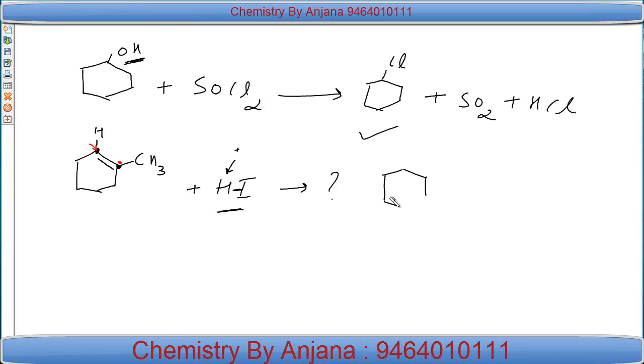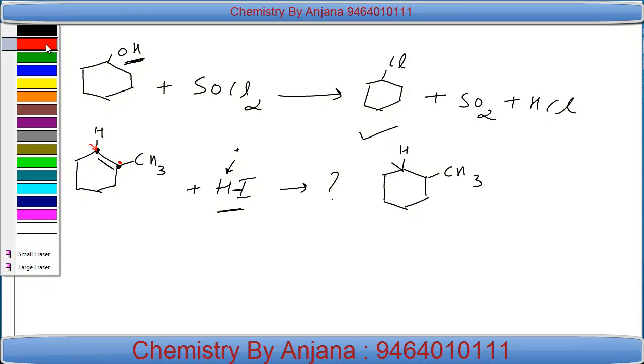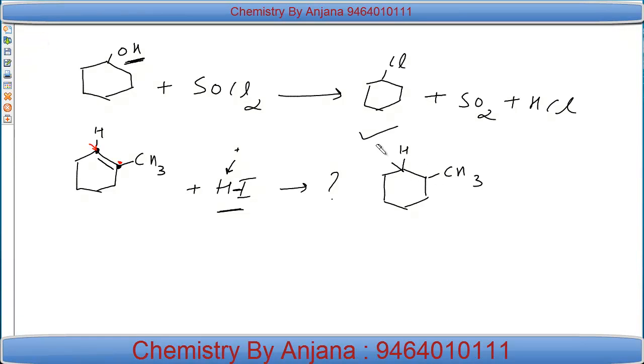Now this double bond will break, and in place of this double bond we'll get at 1 carbon, इस पर ये हाइड्रोजन तो पुराना ही लगा हुआ था, और दूसरा हाइड्रोजन जो इस रिएजेंट से आया है, वो भी इसी के पास आके लगेगा, और आयोडीन इसके पास लगेगा. So this will be the product. See before and after, followed by rich becomes richer. So in this way we are supposed to see the questions,